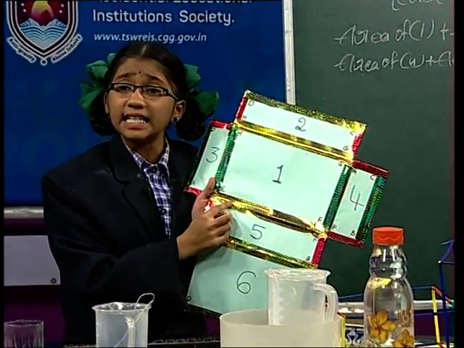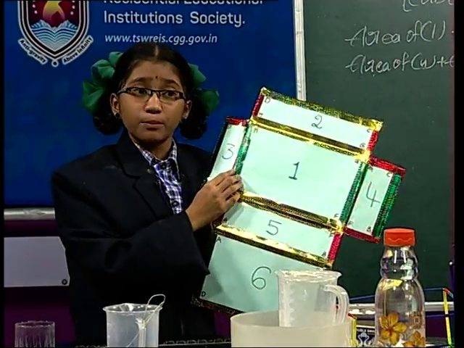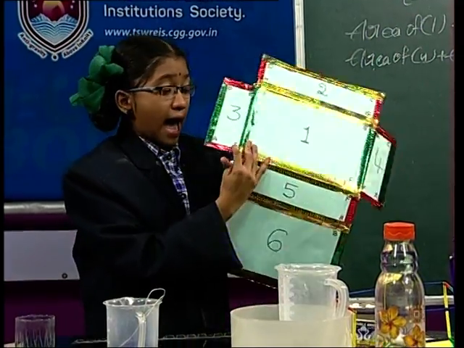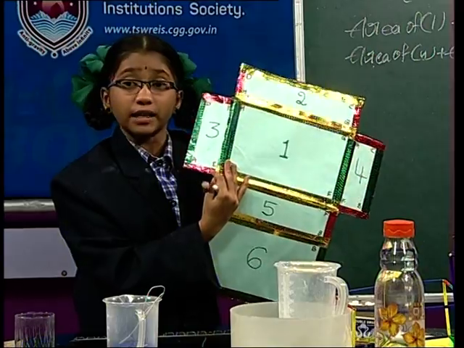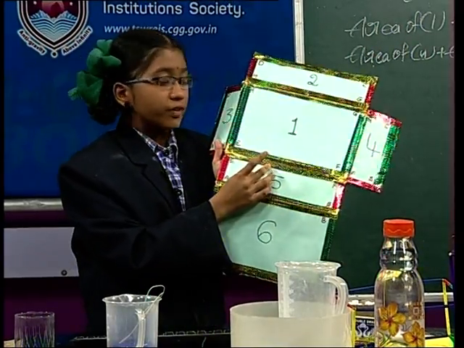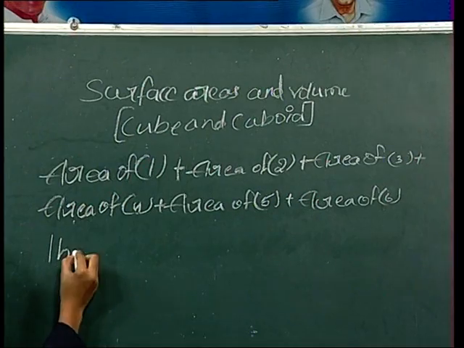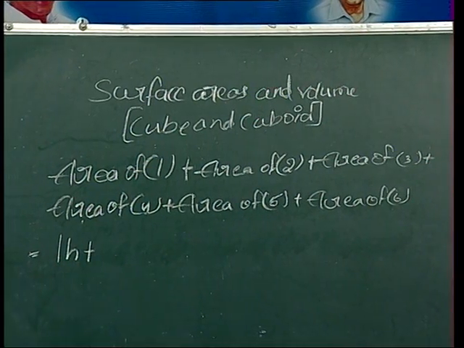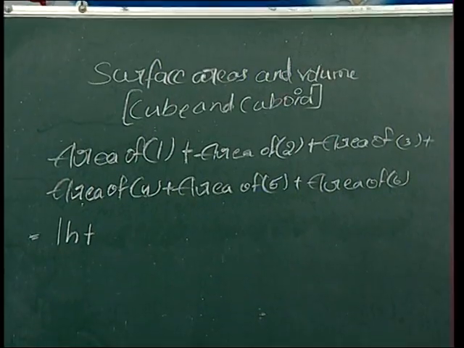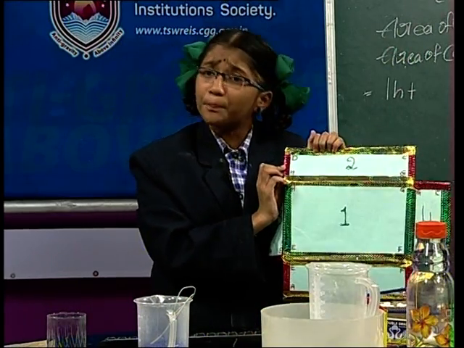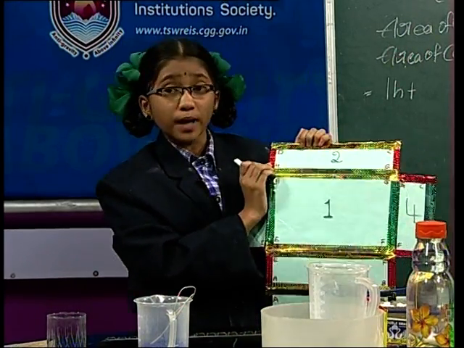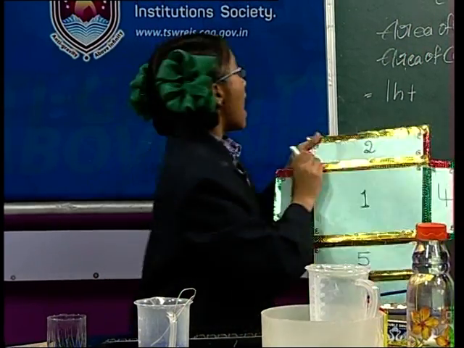The gold color indicates the length, the green color indicates the height, and the red color indicates the breadth. So, first face, that is length into height, L into H, LH, plus. Next, the second face. Here the red color indicates the breadth. So, length into breadth, L into B, LB,